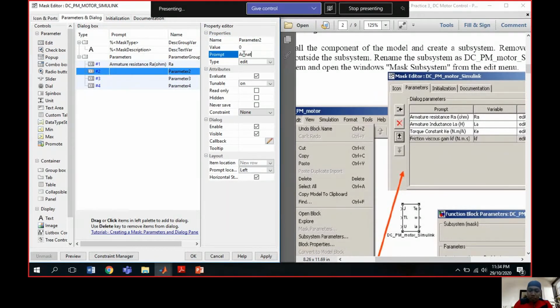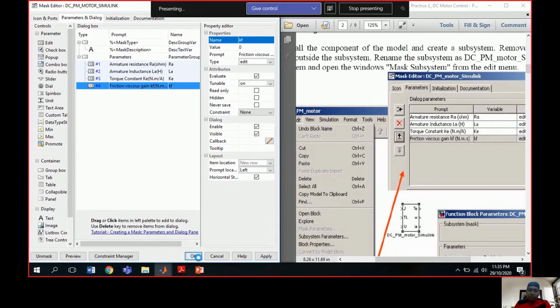The second one is LA. The third one, and the last one. After that, I will apply and click okay.